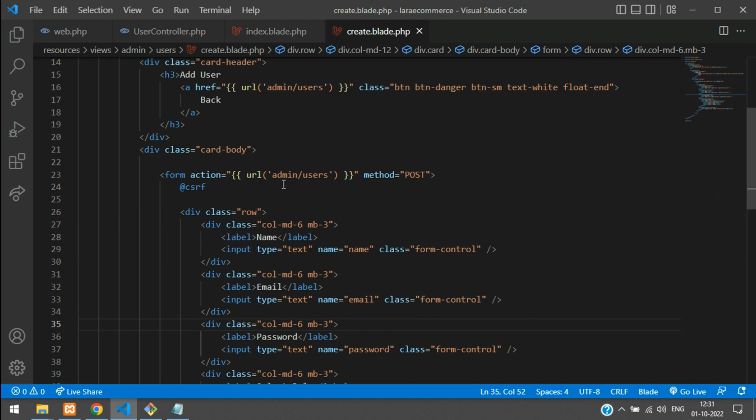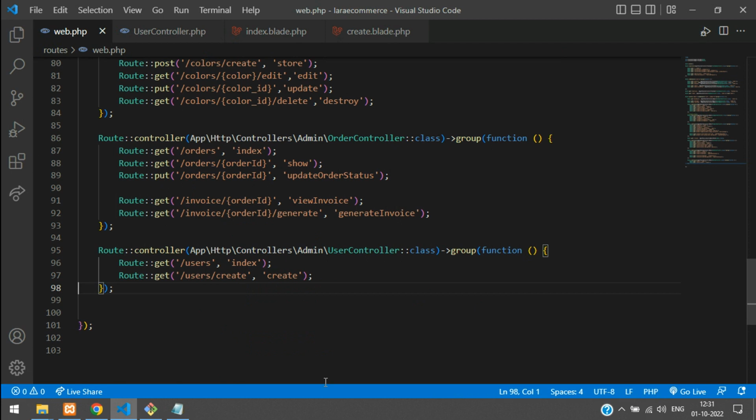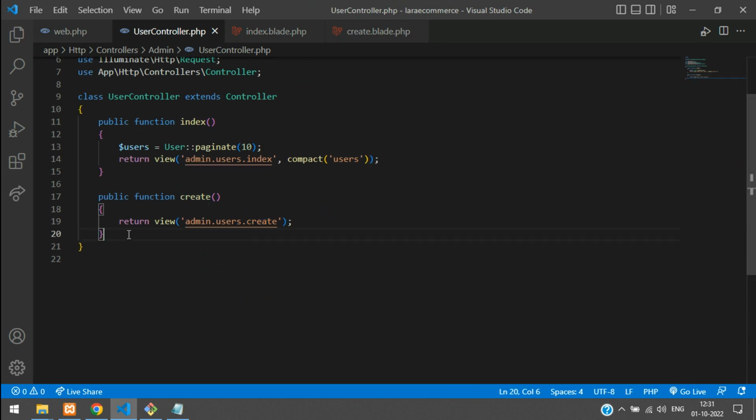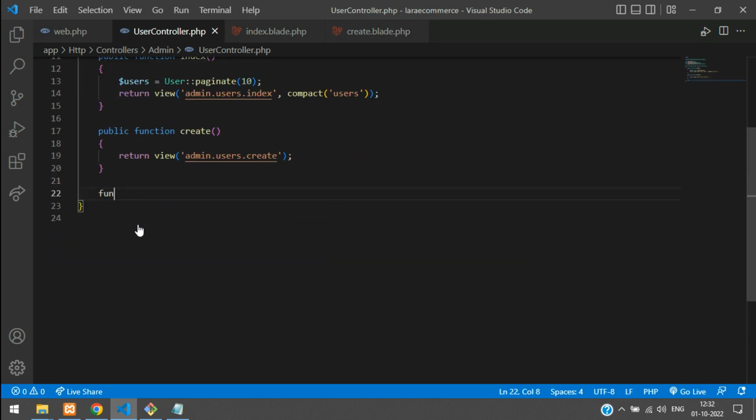So guys, now we have to create a route. Okay, so let's copy this and create a route on this same URL with the post method. Okay, now we can create a route post method, and inside this you are going to send. Let's remove this admin because it is already a prefix. And now guys, we are going to the store function. So let's copy and go to the user controller at store function. So let's create the function,